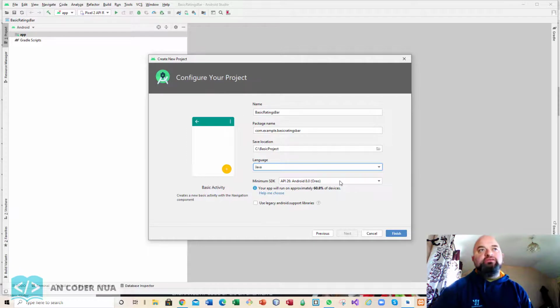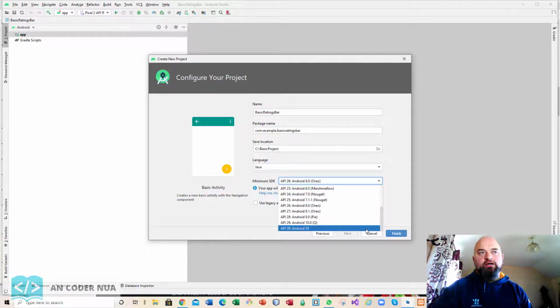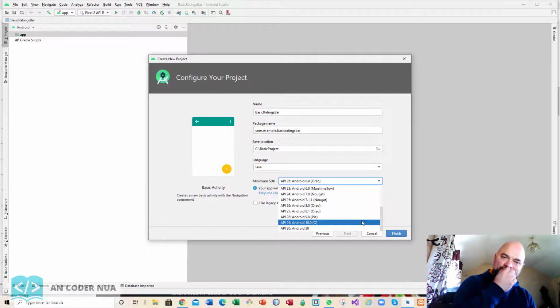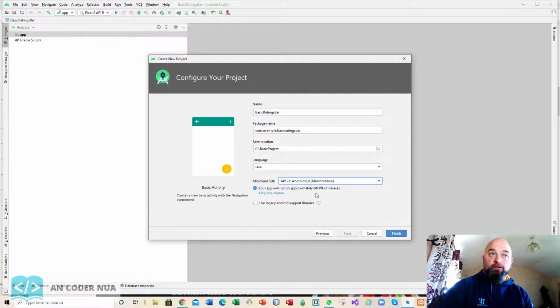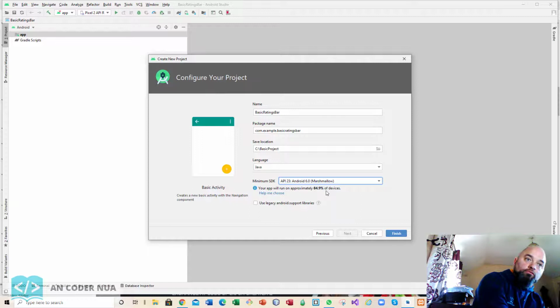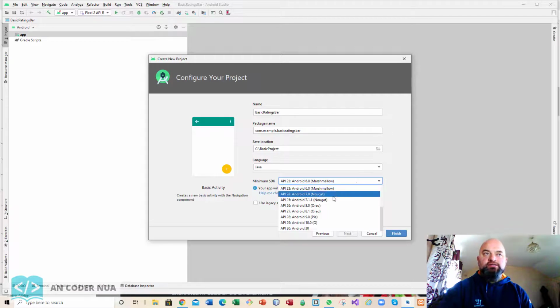The notion of this is as follows: what release of Android is going to be at least the minimum. It's about backward compatibility. If I click on, let's say, Marshmallow, you can see here that your app will be able to run on approximately 84.9 percent of devices. In other words, the further back you go, the more devices you reach, because a lot of the functionality has been deprecated at this stage. In other words, it's been written away. But I'll just go back up to 26 and leave it at that. And if I click on finish,